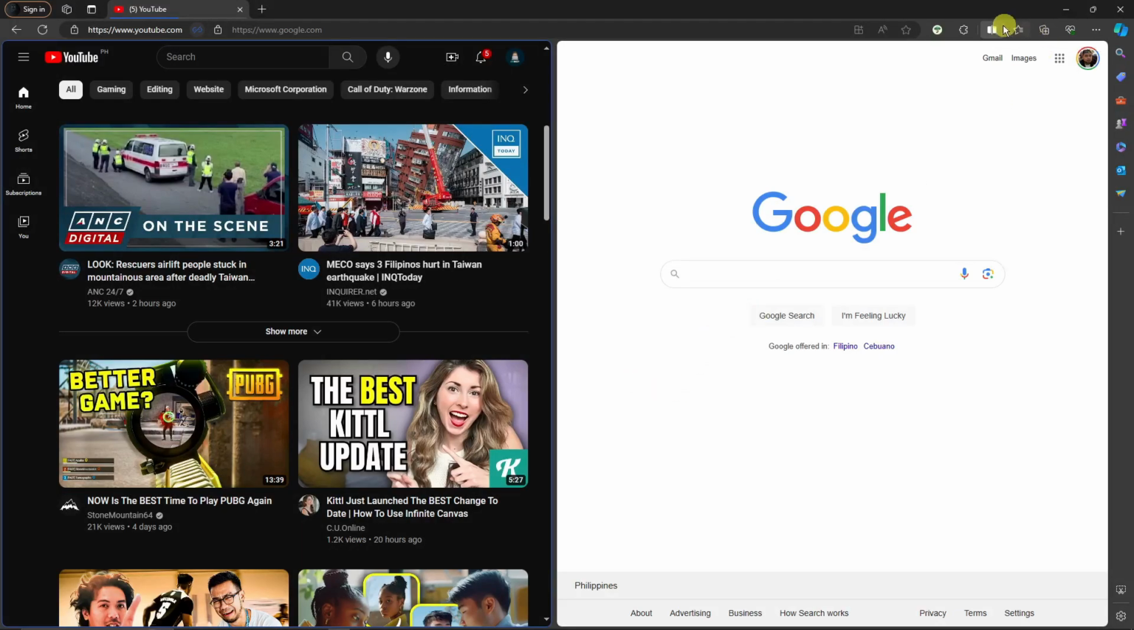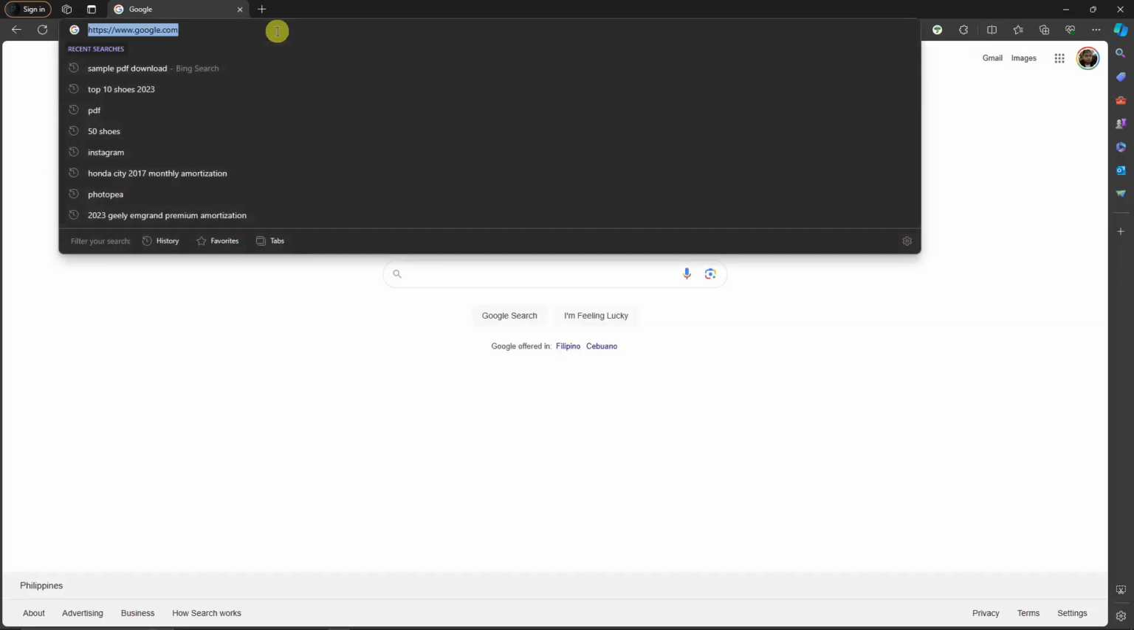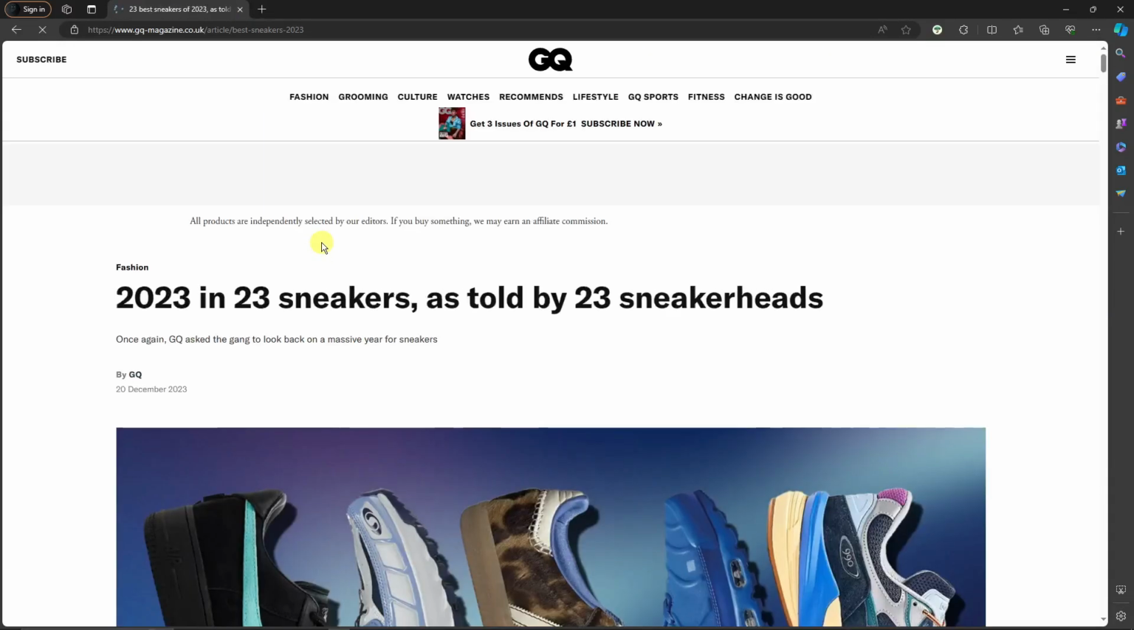I'm just going to remove the split screen right there and go to Google. Now for this one, I'm going to enable one website to fully utilize this tool, because immersive reader is basically to help you read, right? And with that, you can just simply click on the icon right there, enter immersive reader, or the keybind F9